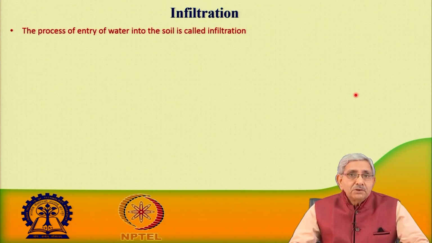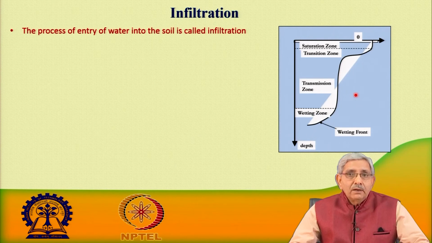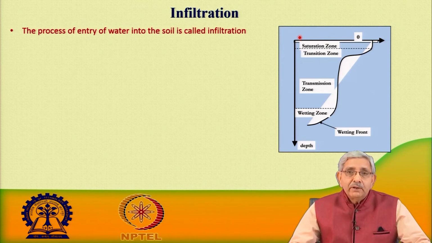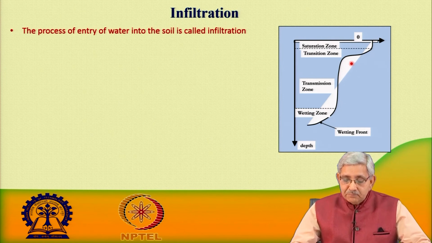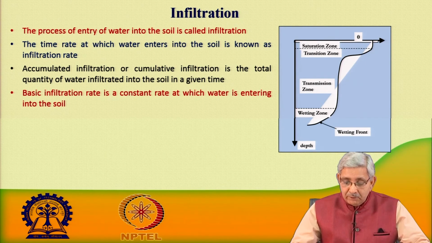Infiltration is another process which explains the entry of water into the soil. This particular diagram explains how infiltration takes place from the saturated media, where the moisture content is high, when you are operating a drip system. The interesting part is that the dripper shows the typical movement of water, but the water is moving vertically downward, and the rate at which water enters is known as the infiltration rate.